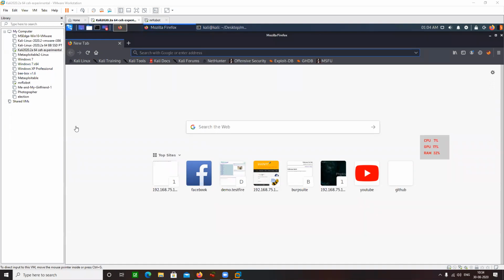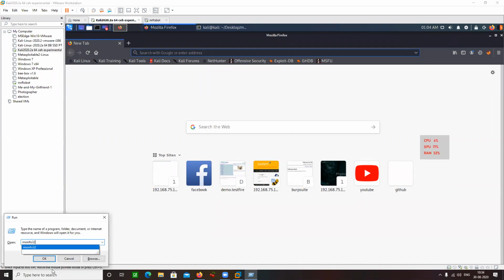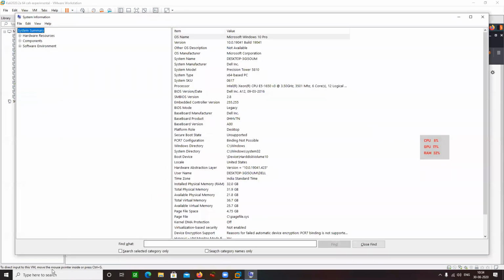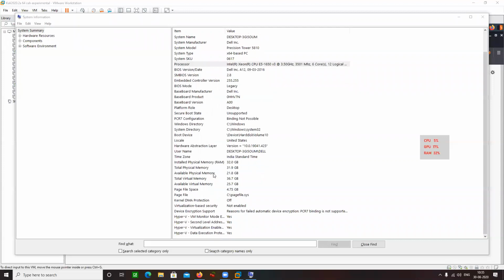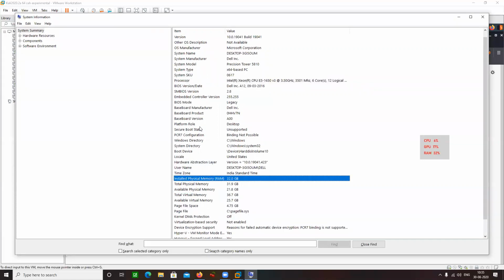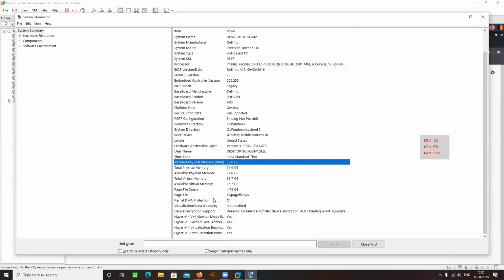So I have a GPU as well that I do not care about. Let me just look into it. So these are my specifications here. You can see 3.5 gigahertz Xeon processor, 12 logical processors, and there must be RAM here as well. Yeah, 32 GB RAM, and I believe GPU is not going to be here.